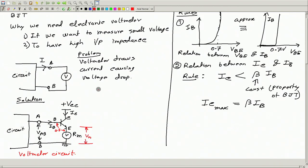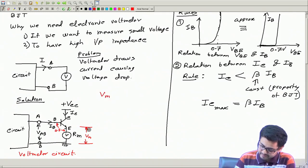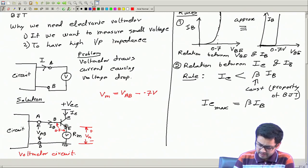So, let me just write the solution, and you please verify whether my solution is correct. Just think yourself. I am saying Vm, plus minus, this is my reference, will be VAB minus 0.7 volt. This will be the voltage across the meter. The current that will flow in this circuit, or say IB. Now, IB I will write. Before I can find IB, if this is IB,